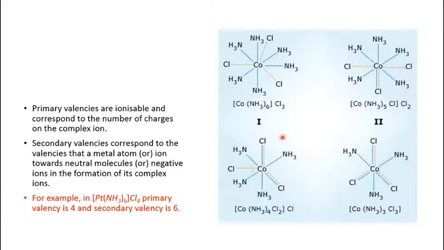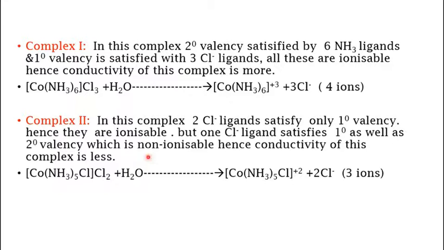So here on the right side, you can see there are 4 structures. The first one is Co(NH3)6, and outside the coordination sphere you have 3 chloride ions. So these 3 chloride ions are the ionizable species, and this coordination sphere is a single entity. If you move to the second structure, you have 2 ionizable chloride ions. In the third one, you have one chloride ion which is ionizable. In the fourth one, you do not have any ionizable ions. So the same thing is expressed in the form of equations.